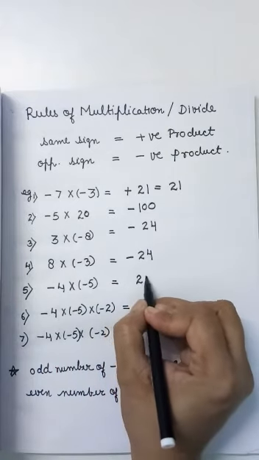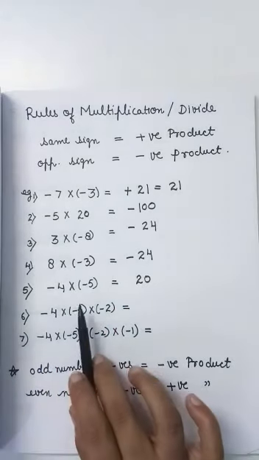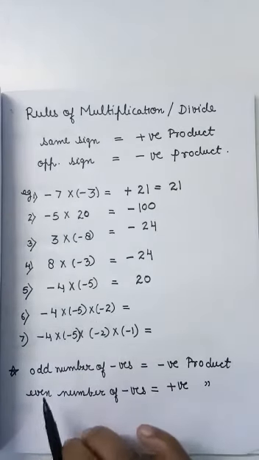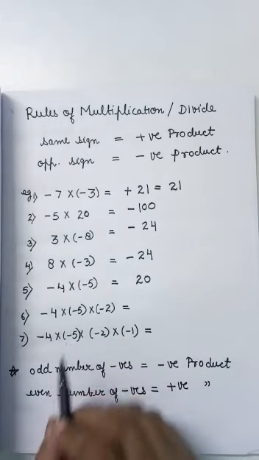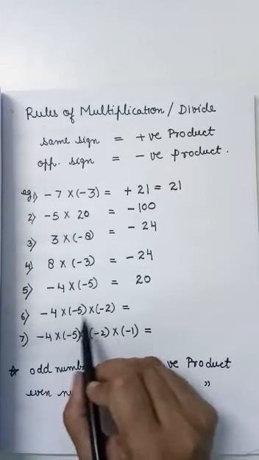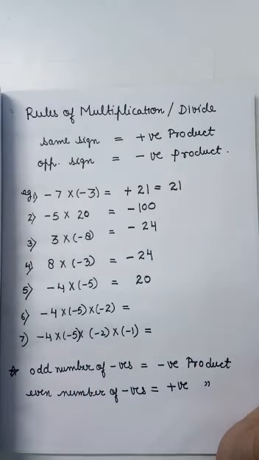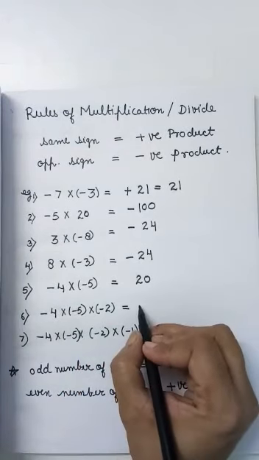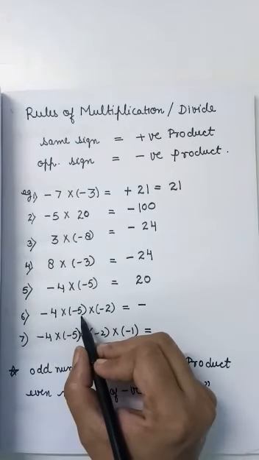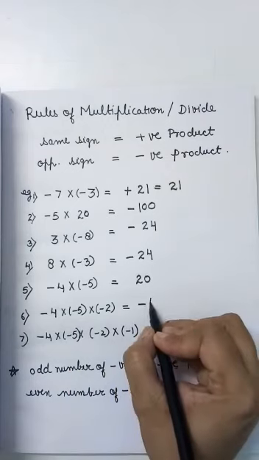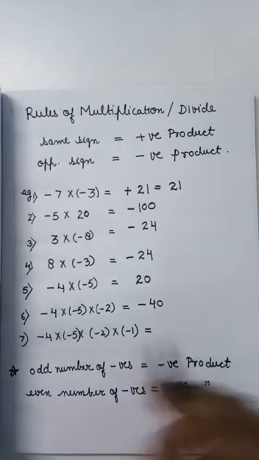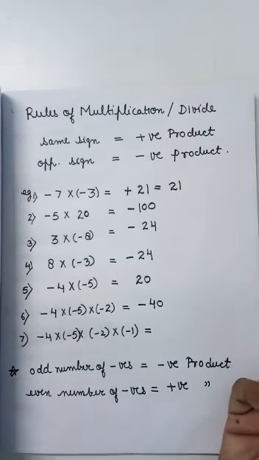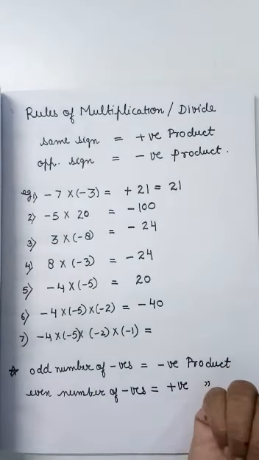Again positive product. Now see class, if you have to multiply more than 2 numbers and the numbers are negative there, what you can do is count the negative signs: 1, 2, 3. So how many negative signs are there? 3, and 3 is an odd number. So here the product will come negative, and this will be 4 5s are 20 and 2 2s are 40, class. Look class, minus minus becomes plus, then plus minus minus. So in this way you can see, and you can also directly see it by odd and even.